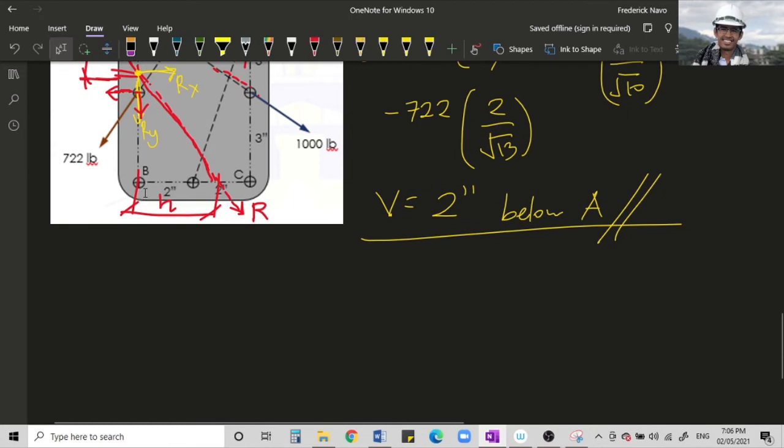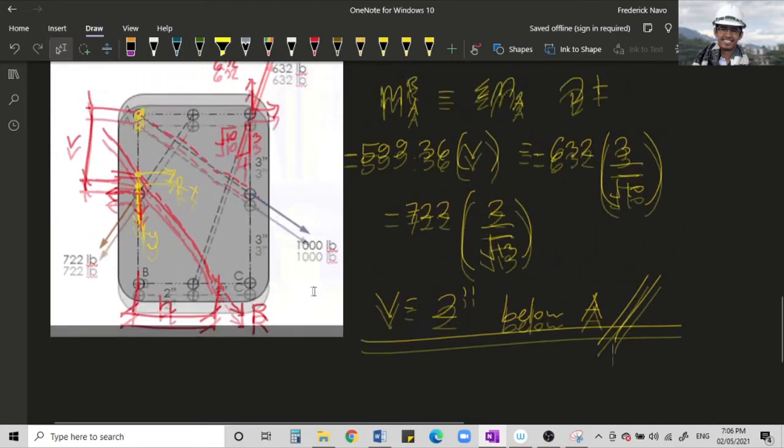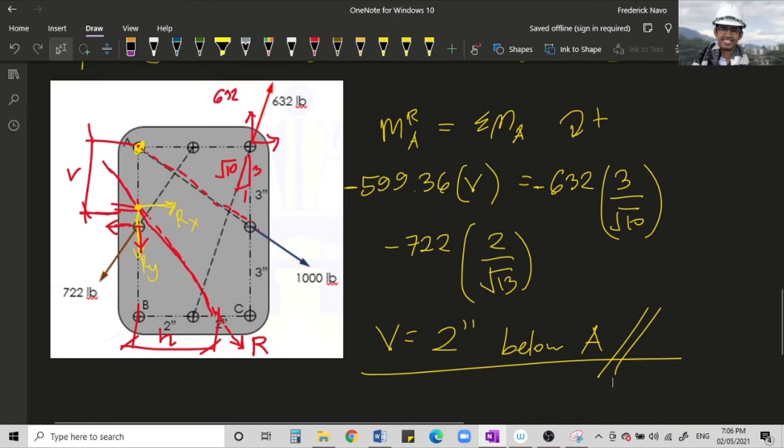And next, yung H naman. So, yung horizontal distance, yung intersection ng line BC ng ating resultant. So, actually, para makuha natin yan, mag-moment naman tayo dito sa ating point B. Okay? So, dito sa point B tayo mag-moment. Okay? And actually, kung makita nyo yung point B natin, ang mga mag-moment lang dito will be yung ating